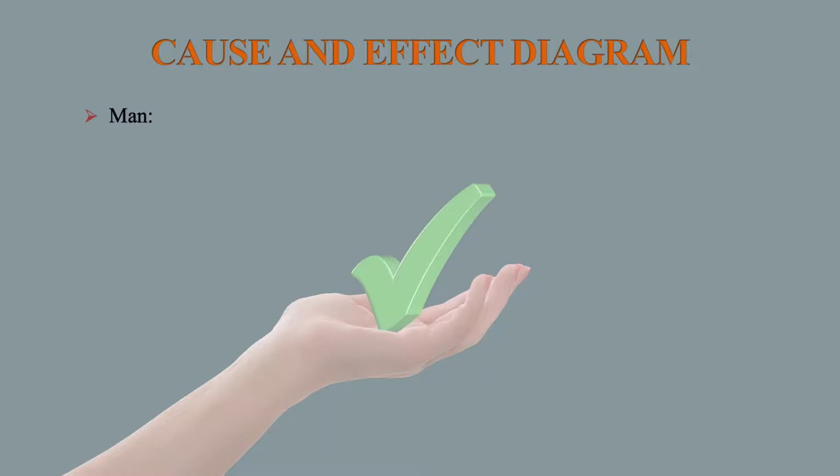So that is a cause, whether the management is providing correct information or not, and whether management is providing information for improvement activities or not. So some problems may occur due to this management problem. Then man. Man means the employees who are working on the machine. Due to them also some problem may occur. So that may be one cause.